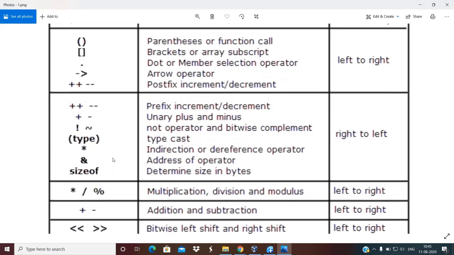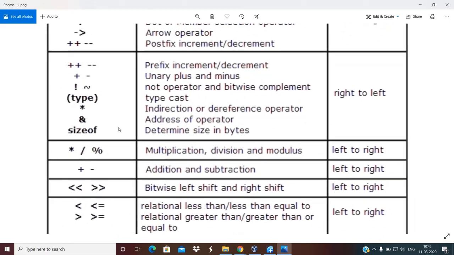Fine. The next one is the arithmetic operators: star, front slash for division, plus and minus. It is important to note at this stage that out of these arithmetic operators, star, division and mod have higher priority, and plus and minus have lower priority. Hence they are specified in the second row. Okay, so out of the arithmetic operators, star, division and mod have a relatively higher priority than plus and minus.